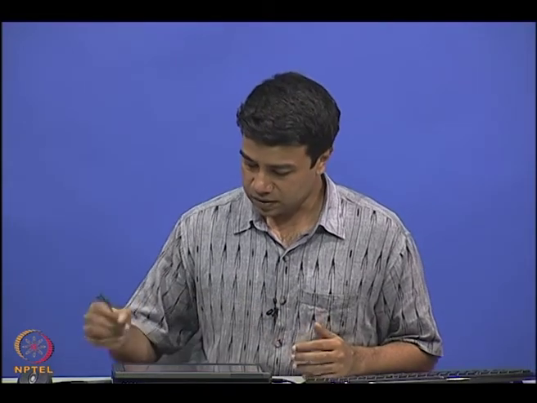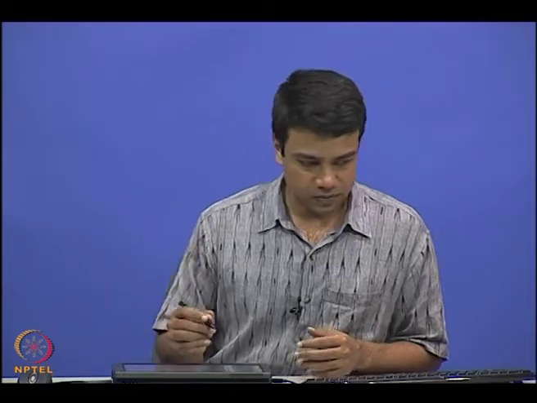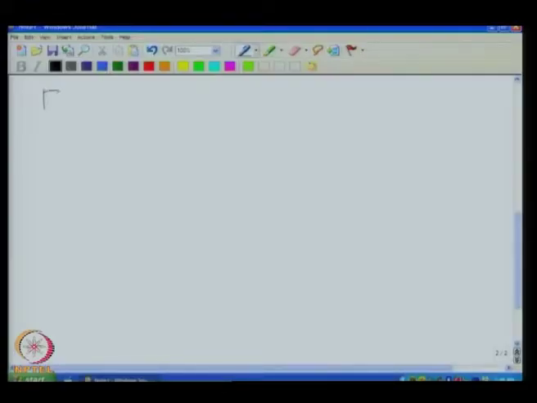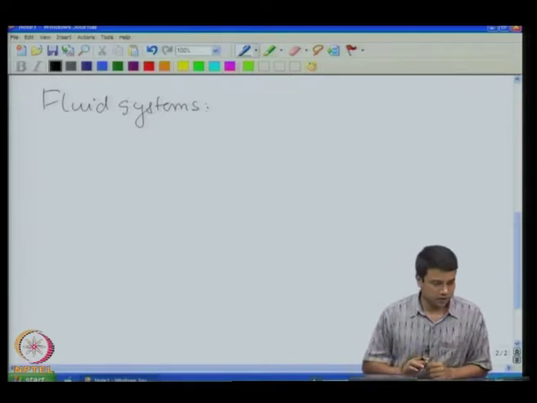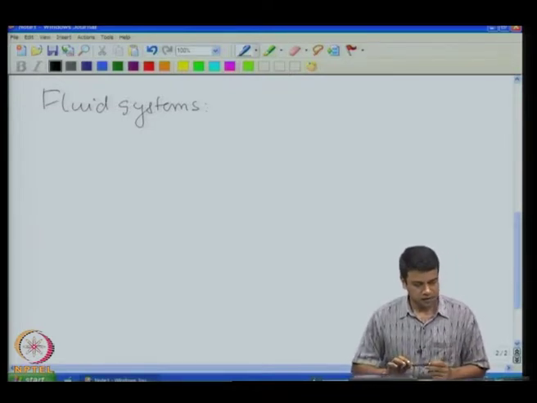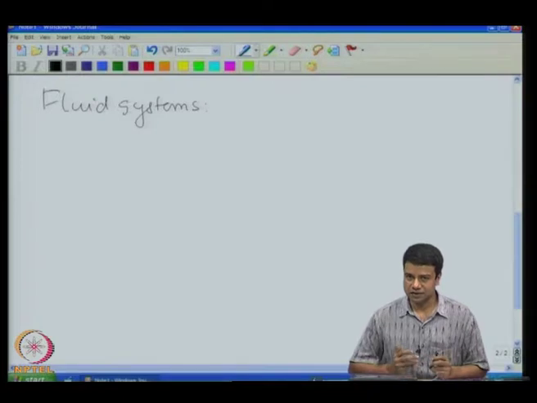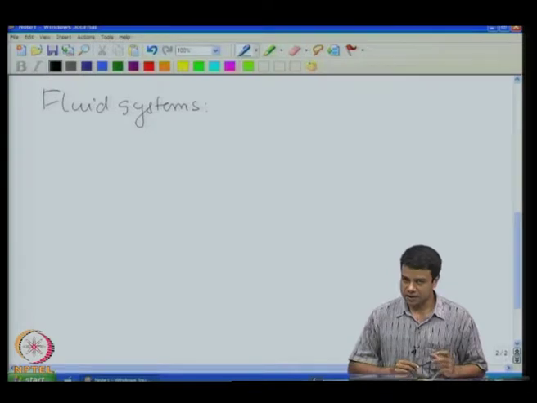During this course, we will primarily be concerned with fluid systems. Fluid systems involve both liquids and gases. In many processes, it is preferable to undertake operations in fluids simply because mixing is easy. Diffusion in fluids takes place very quickly. In gases, it is extremely fast. In liquids, it is a little slower, but both liquids and gases have diffusion times which are much smaller than